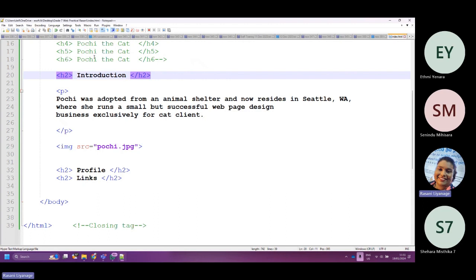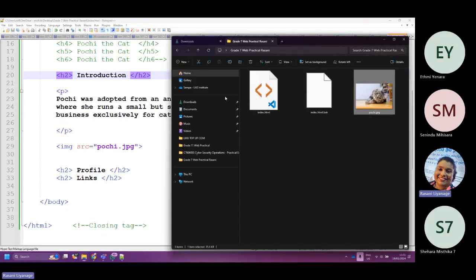Senidu, send me a screenshot of the folder where the web page or the image is.